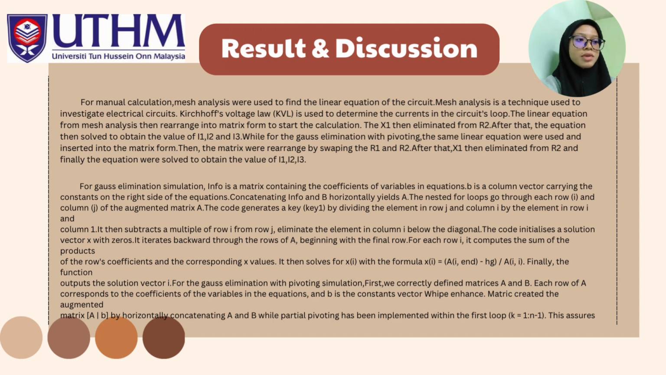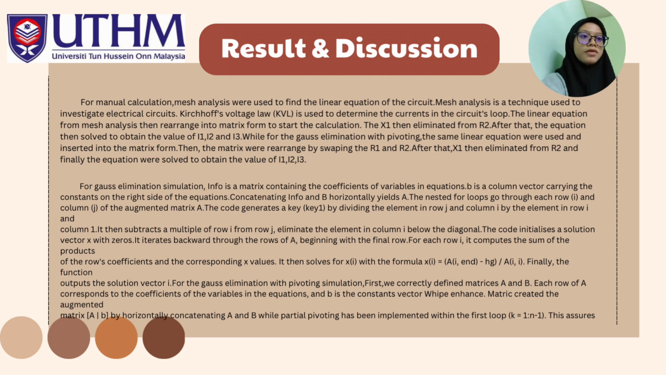While for the Gauss elimination with pivoting, the same linear equations were used and inserted into the matrix form. Then, the matrix was rearranged by swapping R1 and R2. After that, S1 is eliminated from R2, and finally, the equations were solved to obtain the values of I1, I2,